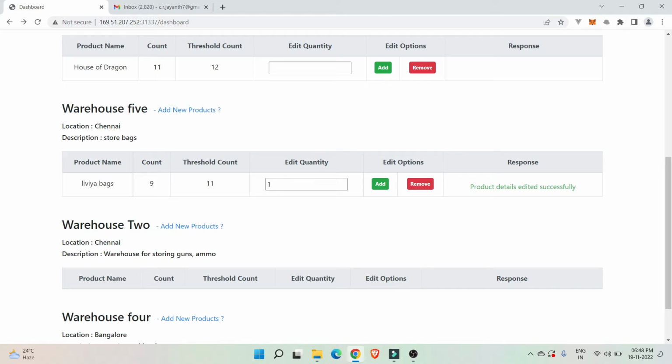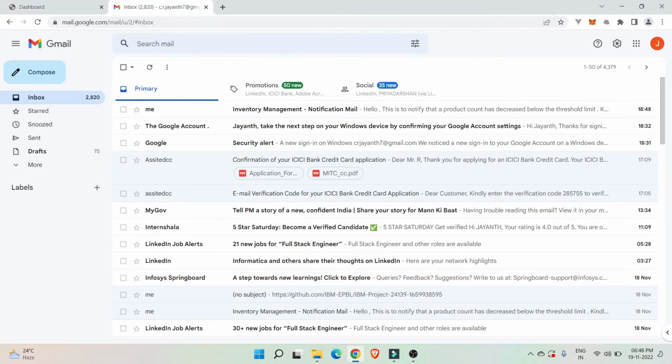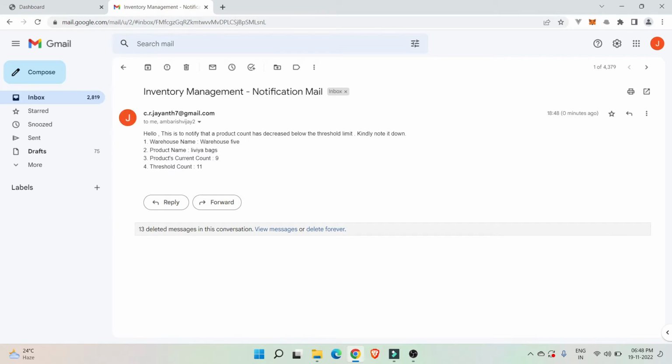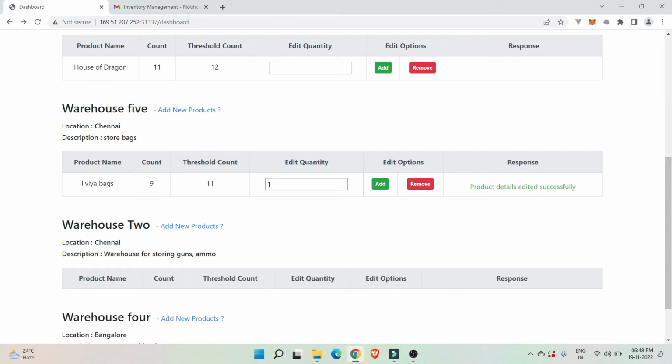And now I'll be getting an email notification that, yeah, so you can see inventory management notification. This is the mail. So hello, this is to notify that a product count has decreased below the threshold limit, which means I only have 9 bags and it is below 11. So this is the current count and this is my threshold count. So you will be getting an alert notification like this. So let's just go back,